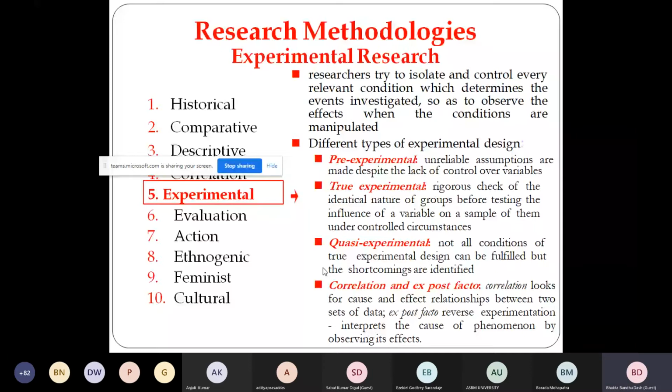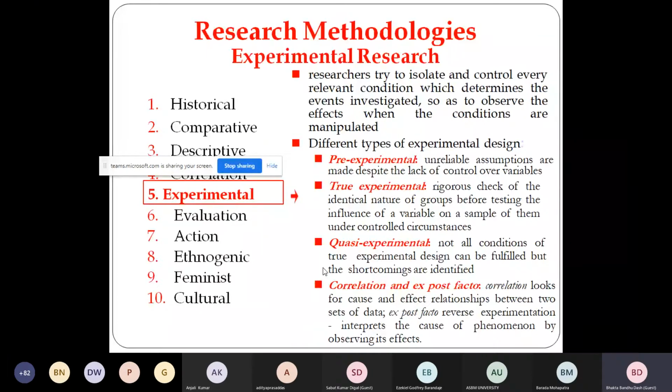Researchers here try to isolate and control every relevant condition that determines the events investigated, so as to observe the effects when the conditions are manipulated. So it's a question of sequential manipulations of the event. And if you talk about the different types of experimental designs we adopt in this experimental research,